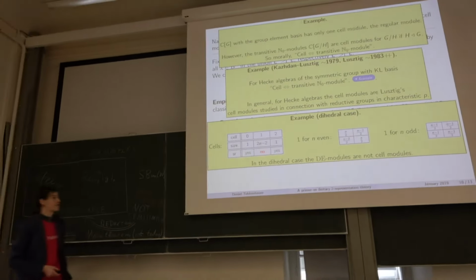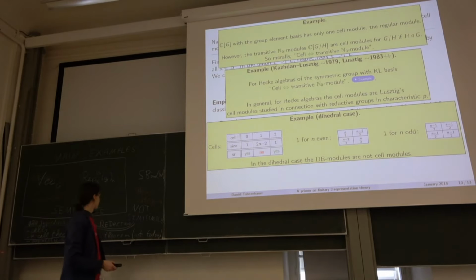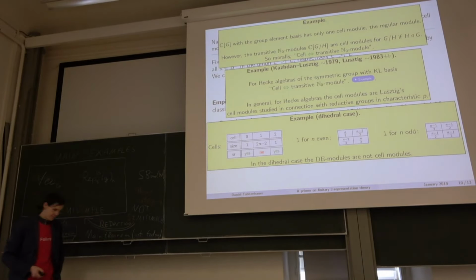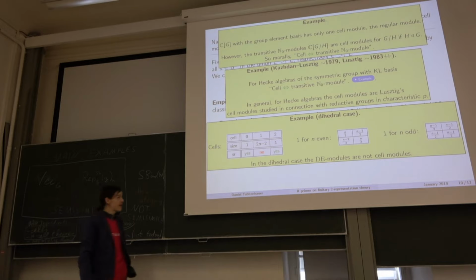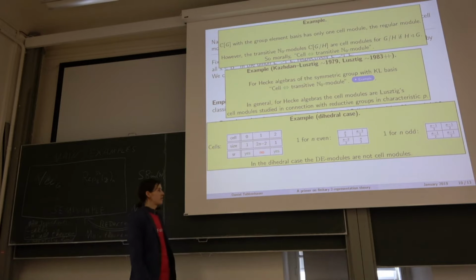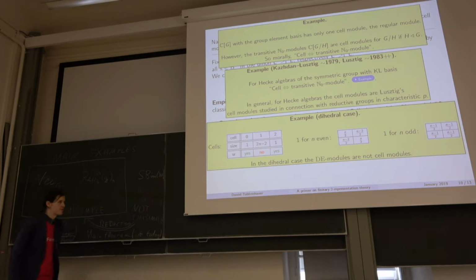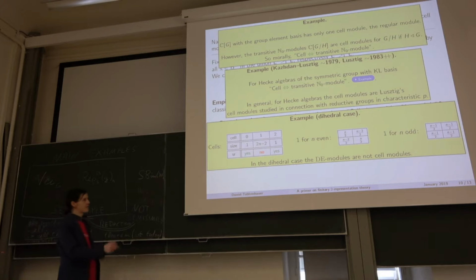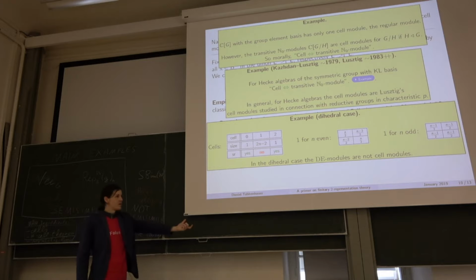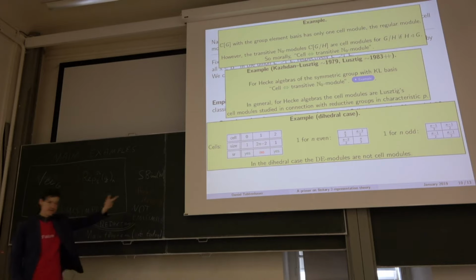In the dihedral case, it's kind of the opposite of the symmetric group case, where you only have 3 cells in general, but the intersections get as big as you want. If you get n getting big, then this will be n over 2, for instance. Again, some parity depending whether it's even or odd. So you only have 3 cells in general. The middle one will be not strongly regular. The middle one will be the one which has the interesting modules turning up, the non-cell modules. In this case, it's type dihedral Dynkin diagrams.